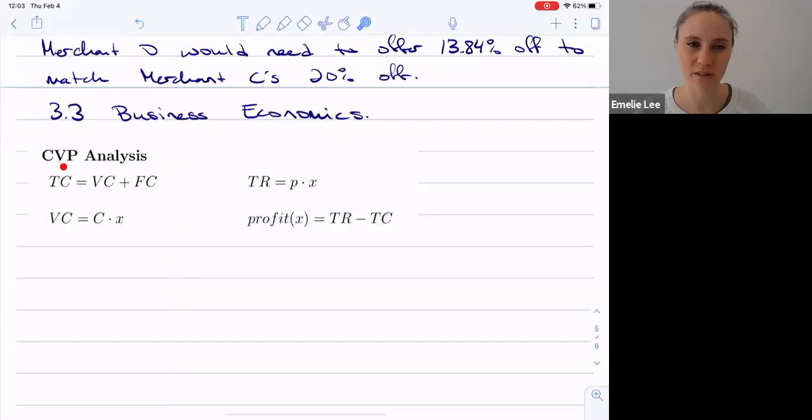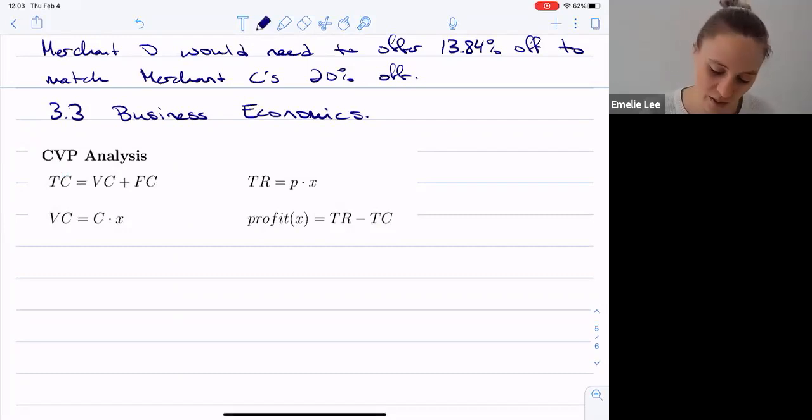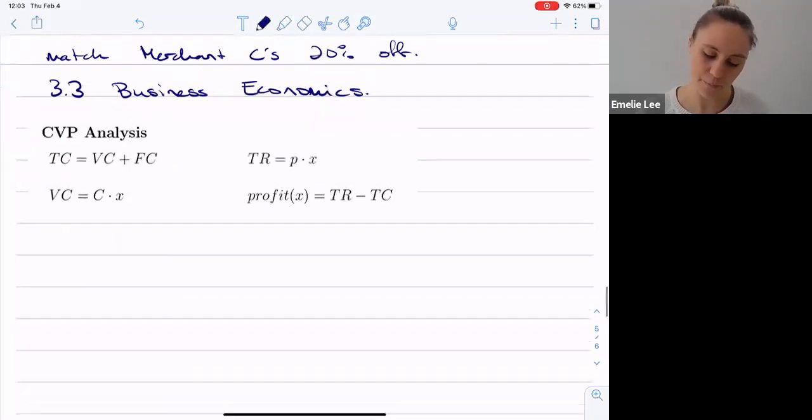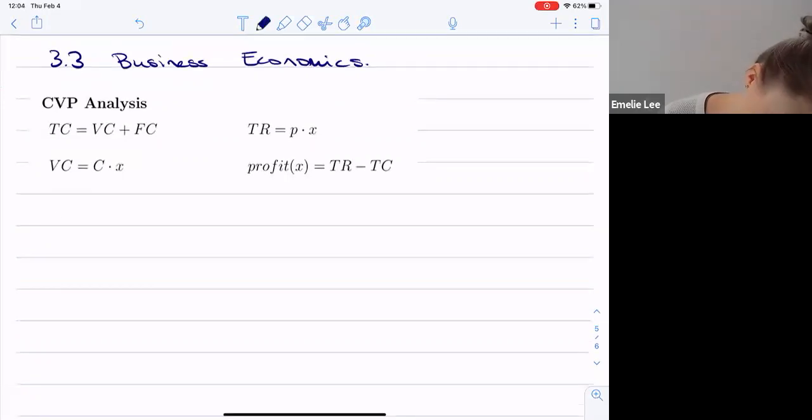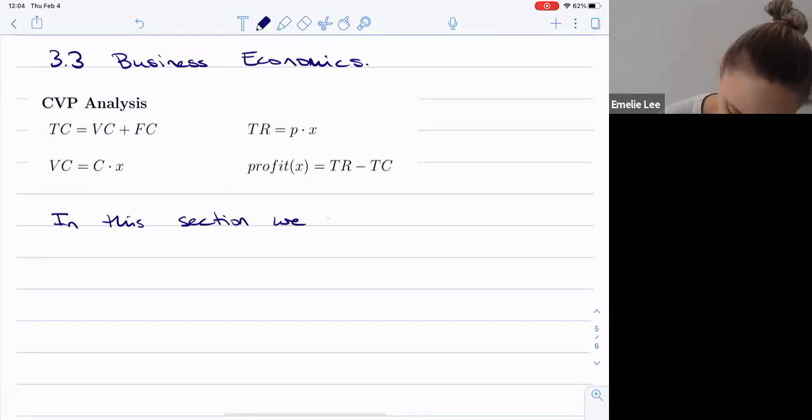I don't know. And price. It doesn't matter to us solving this problem. Otherwise, I would know it. But so what we do is we're going to build profit functions. So in this section, we will build profit functions